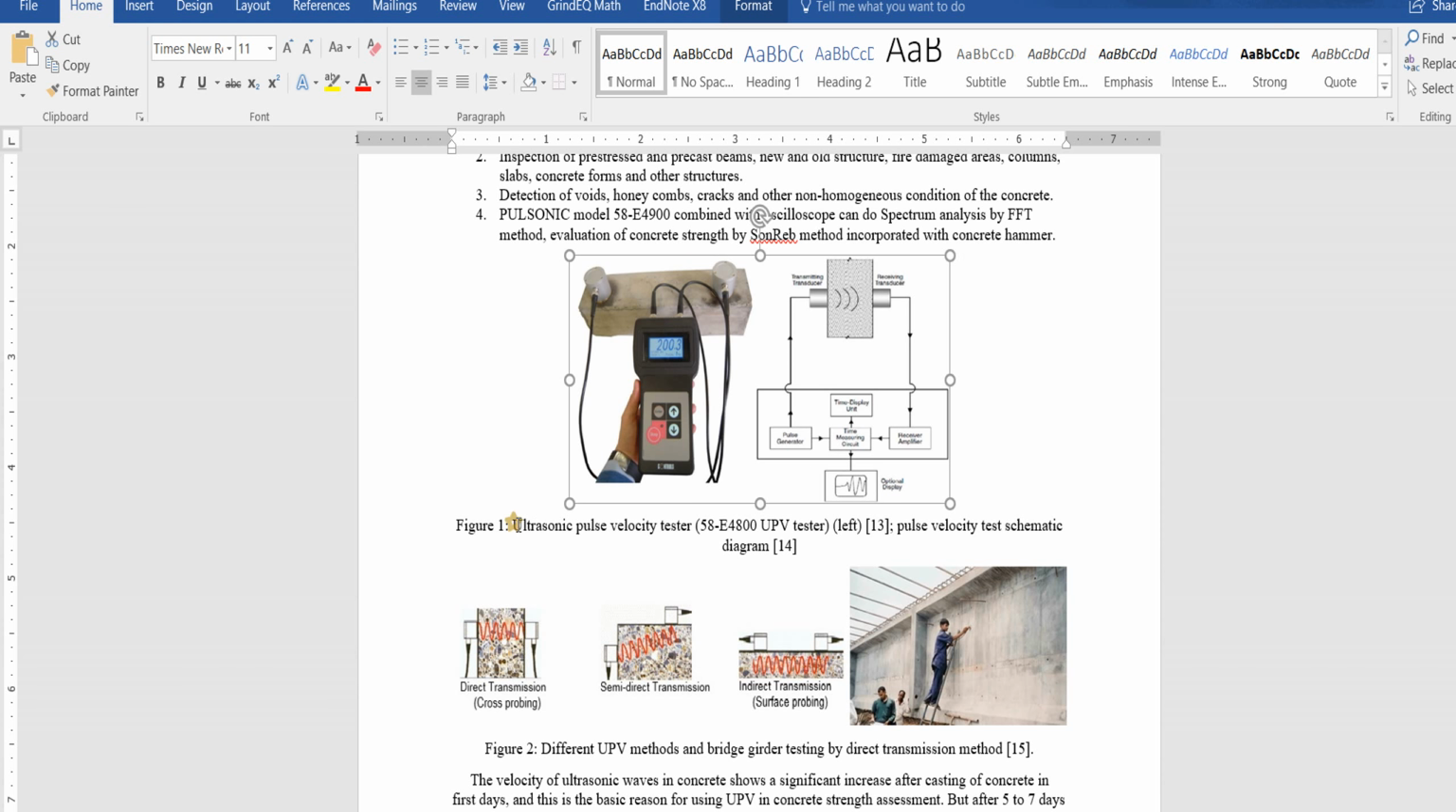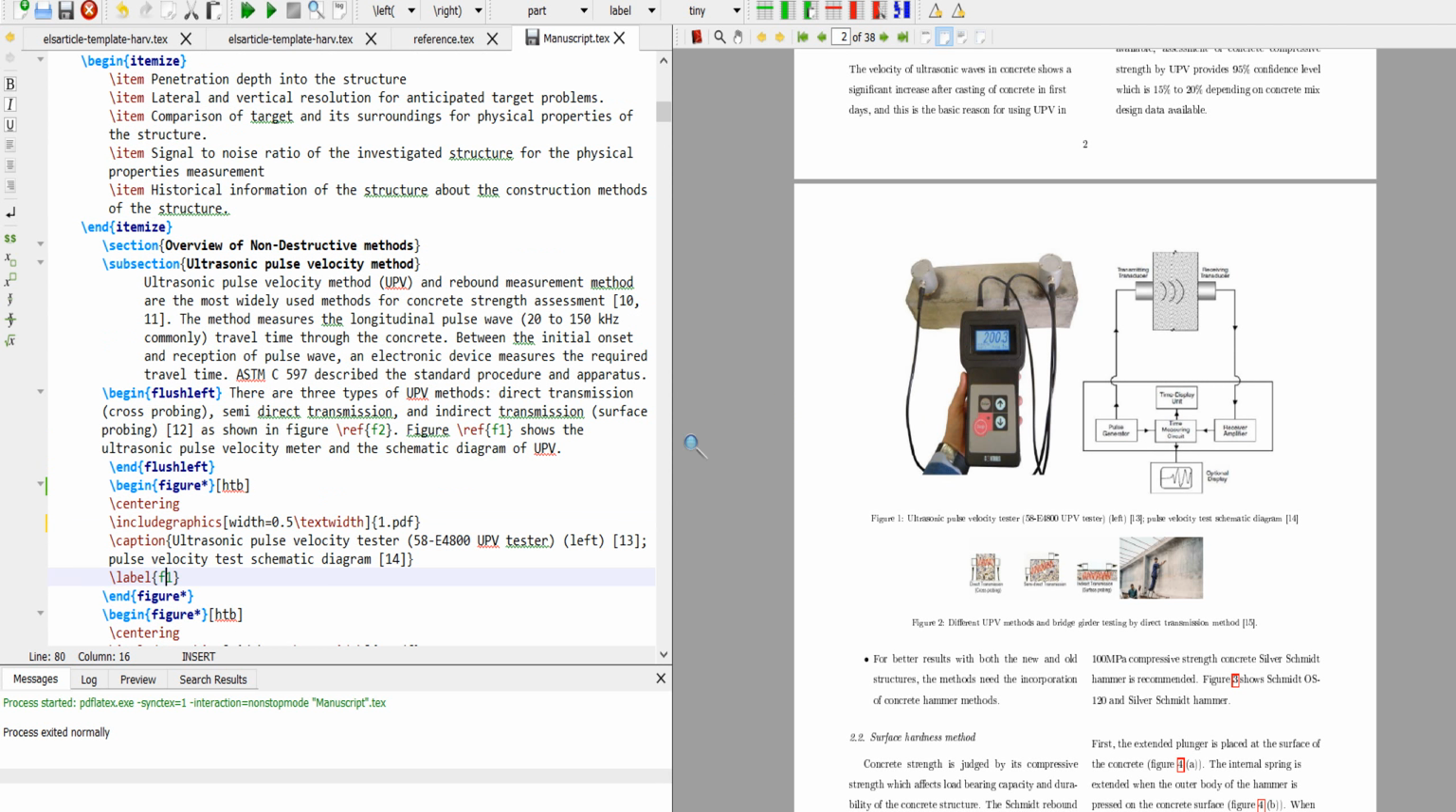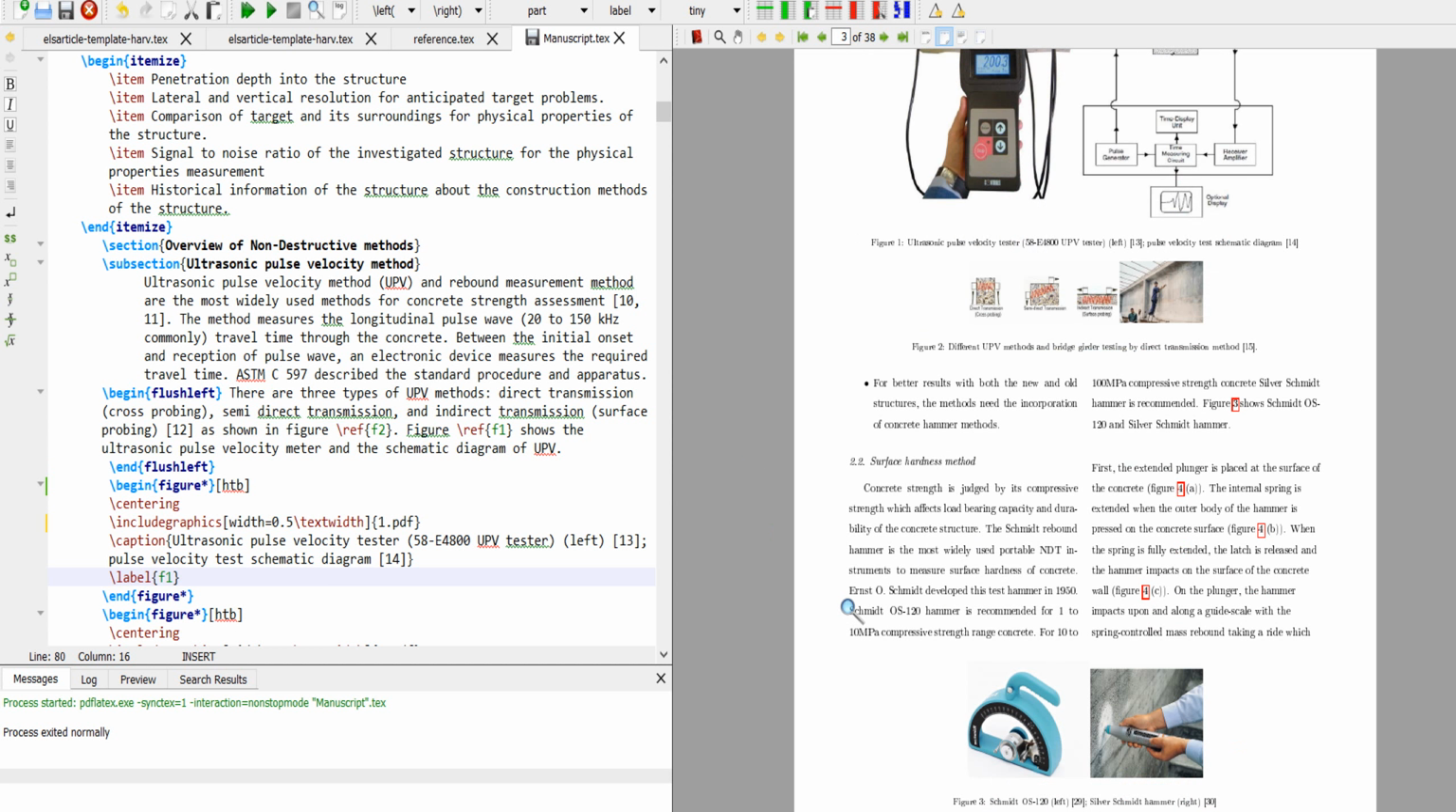This is the caption, and I give the label figure 1, F1. So when I talk about it inside the text, I say figure slash reference F1. That means I call this F1, that means this figure. F1 shows the figure. So when you run this, you will see that in here